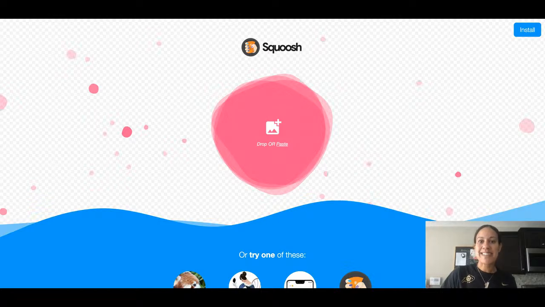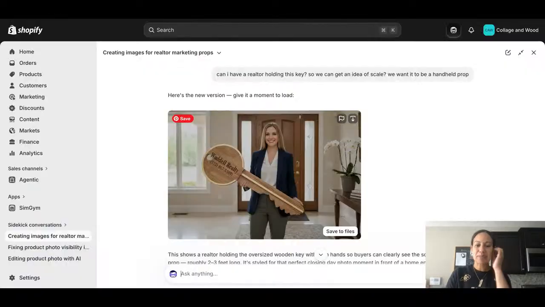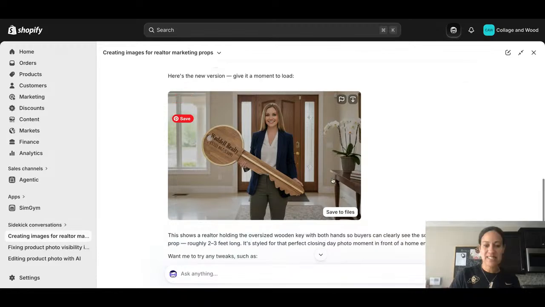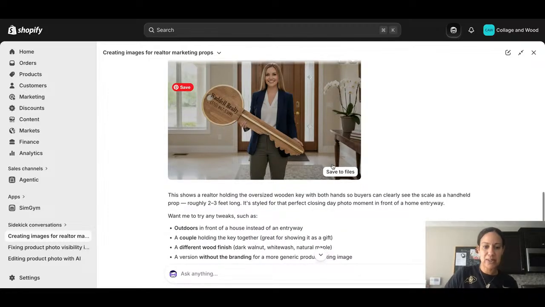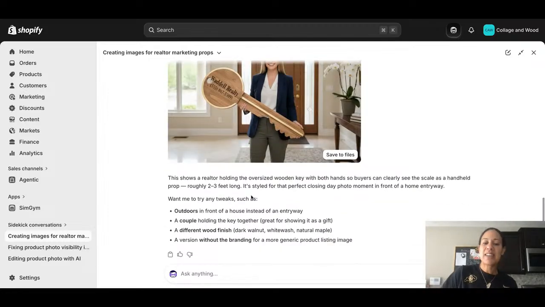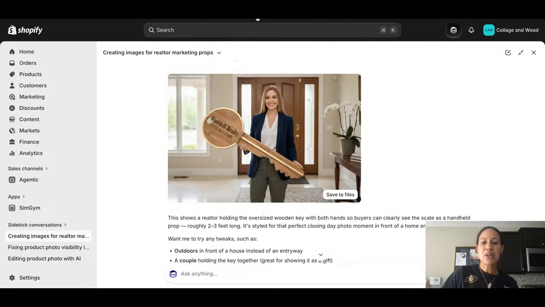Okay. All right. So now we're back. Okay, this is hilarious. Okay, this is not exactly the key that I'd want to make, but whatever. For our purposes, we are going to use this key as well. Download. Okay, and then I always love Sidekick, and every LLM will give you some ideas for making the image better. All right. So I don't know what the size of this image is, but the first thing that we're going to do is